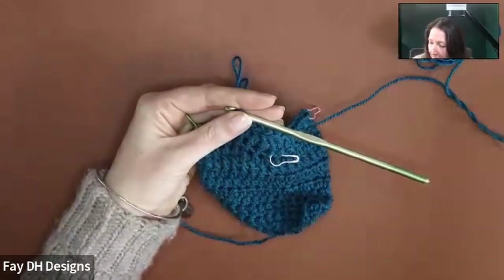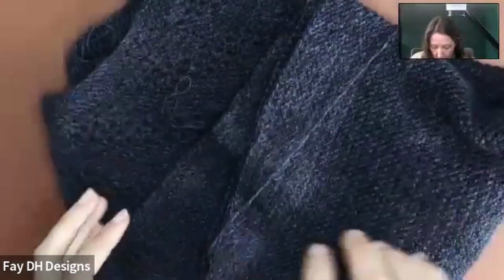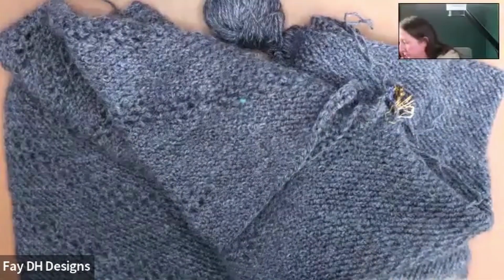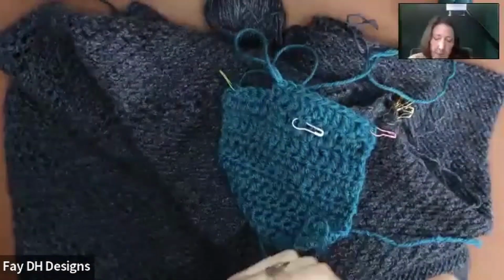Right, that one is done. We're on to tip number 7, which is, let me swap out to a slightly different swatch, and actually let me grab this one as well. Let me grab this back. It can be a little